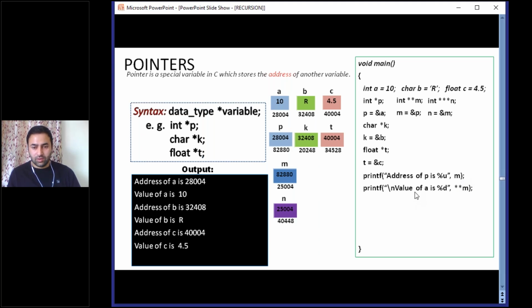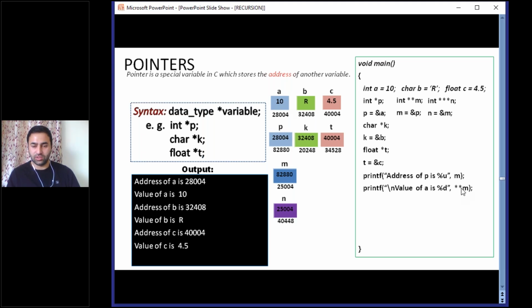After this, say you are going to access this value of A using pointer M. For this you have to write this statement: value of A is %d, double asterisk M. It means now you are going to print the value using the M pointer which points to pointer P. Okay, and the value at the address is 10.